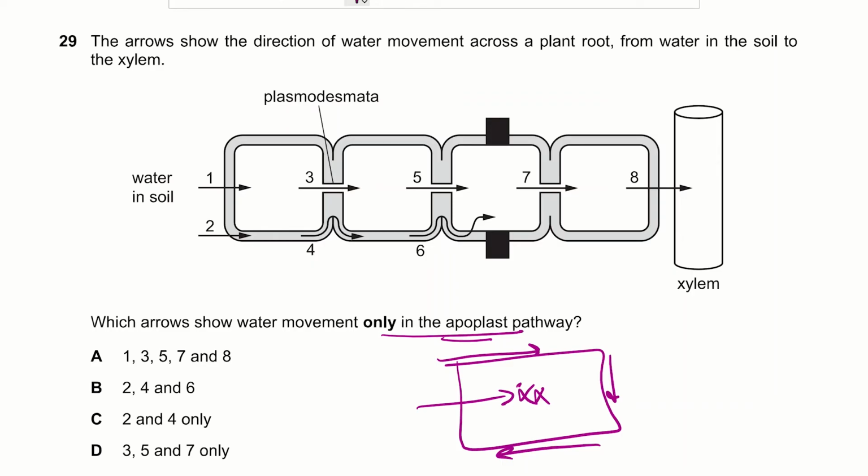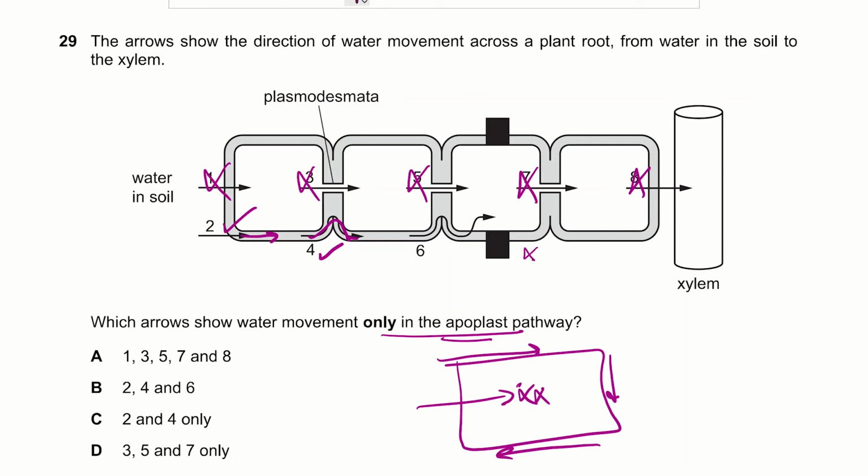So 1, 3, 5, 7, and 8 is incorrect because that is actually the symplastic pathway where water passes through the actual cell. Now let's see the other suggestions. 2 is correct. It shows water passing through the cellulose cell wall. Same with 4. So both 2 and 4 are correct. However, let's pause here for a second for